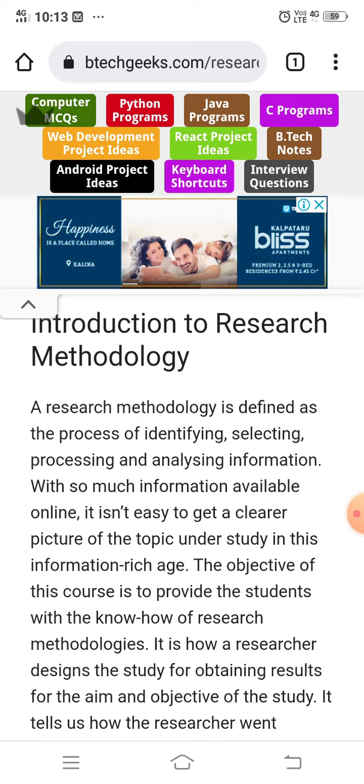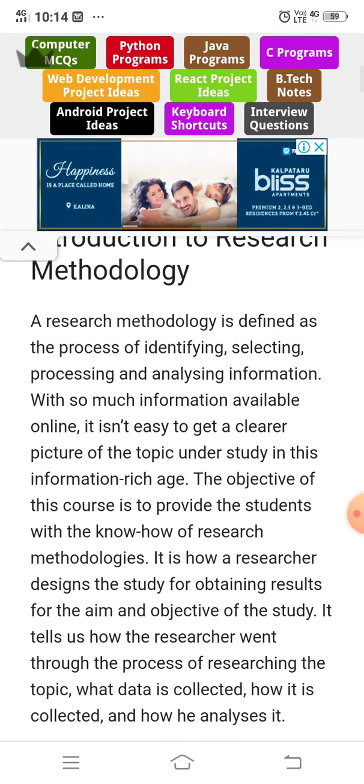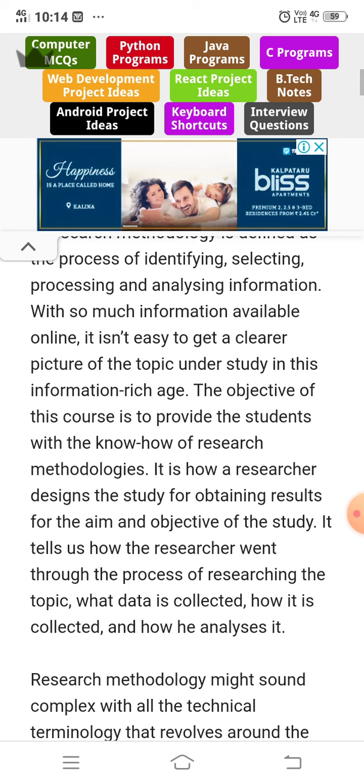Research methodology is defined as the process of identifying, selecting, processing and analyzing information. With so much information available online, it is easy to get a clearer picture of the topic under study in this information-rich age. The objective of this course is to provide the student with the know-how of research